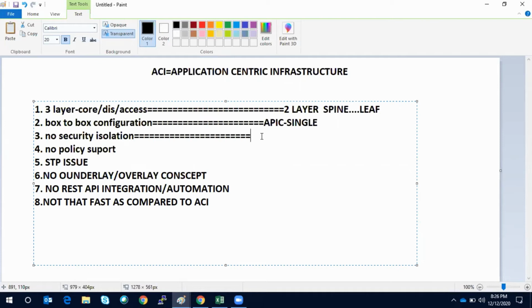Now, the third point is security isolation. Let's say you have a core, a distribution layer, and an access layer. Here, on the same set of leaf and spine, you can create multiple tenants. Let's say you have a prod environment, a development, and a UAT.